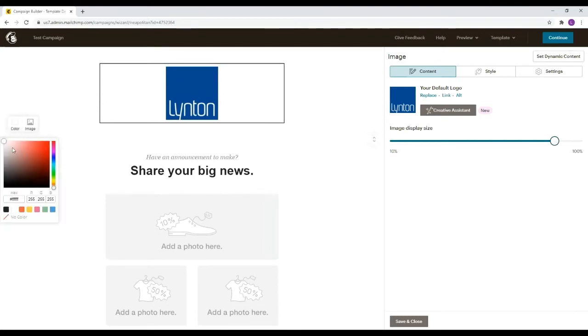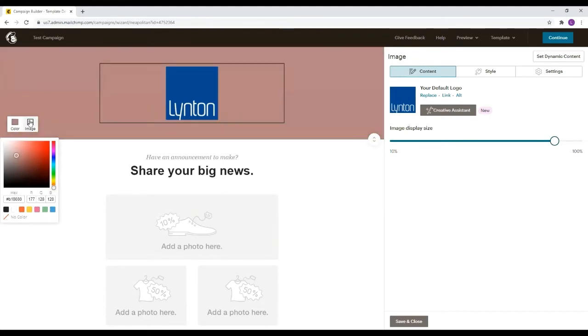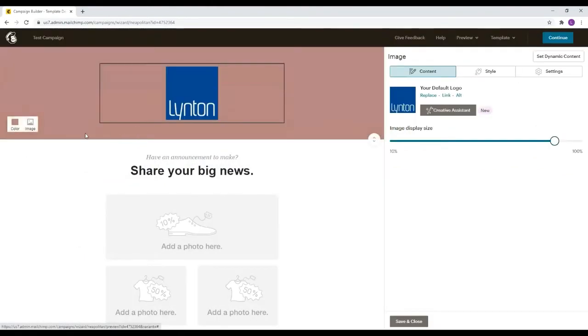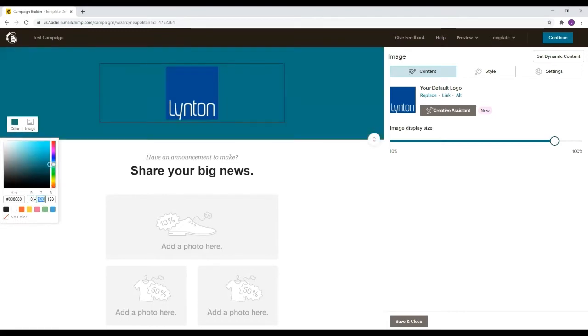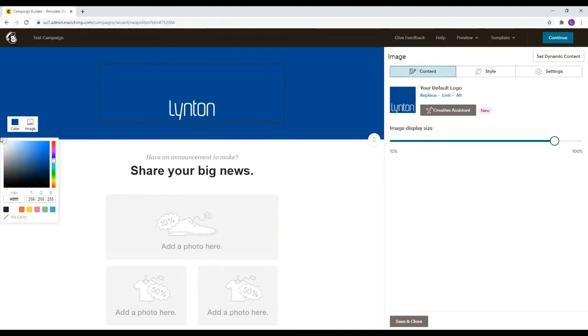You can also change the background of this top section just by clicking on the colour on the left side. And you can also select an image as well if you wanted to, and it'll upload that image in the background. For example, here you can also input individual colour values if you wanted to use your own brand guidelines. For example, I'm going to put in the guidelines for our company here, the Linton blue, and you can see it perfectly matches our logo. For now, we'll just keep it as white.